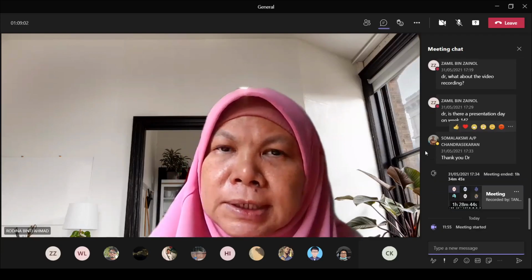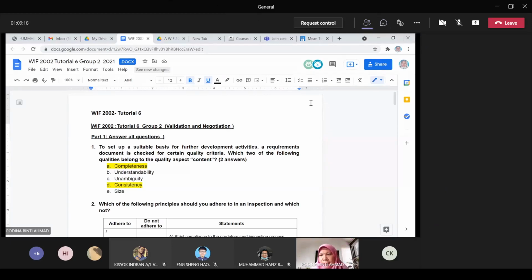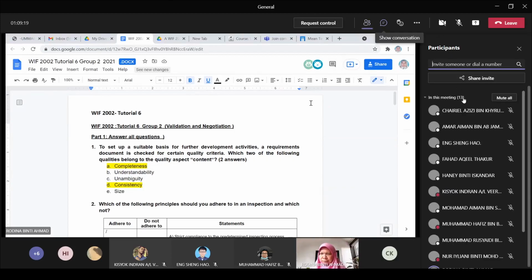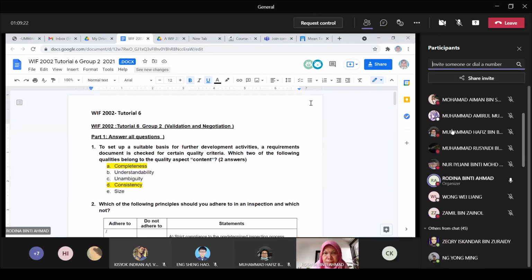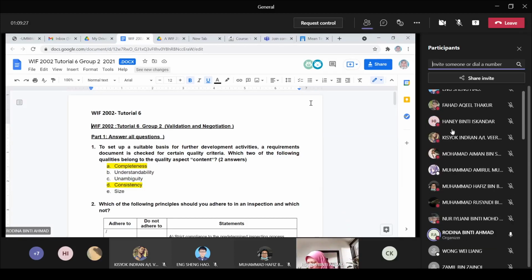Okay. Can you see this one, Samir? Yes. Can you see the screen, the sharing of the document? Assalamualaikum. Very good afternoon. Yes, doctor. Okay, good. Okay, so